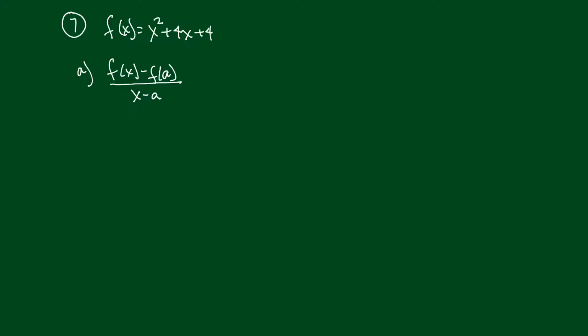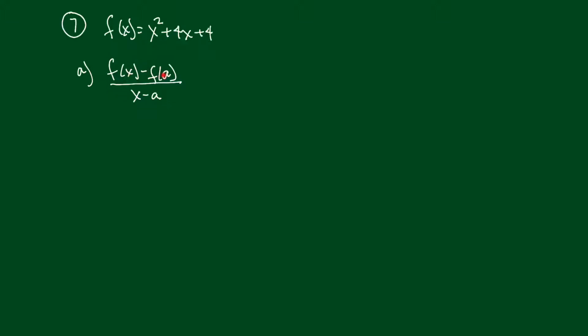We have a quadratic trinomial in this problem number 7, right? What do you do with x? Well, f tells us. We're using the f rule, and the f rule says to take whatever comes in and do all this to it. Square it, add 4 times that thing, and then add 4. Now what we want to do in part A is to make this computation here,